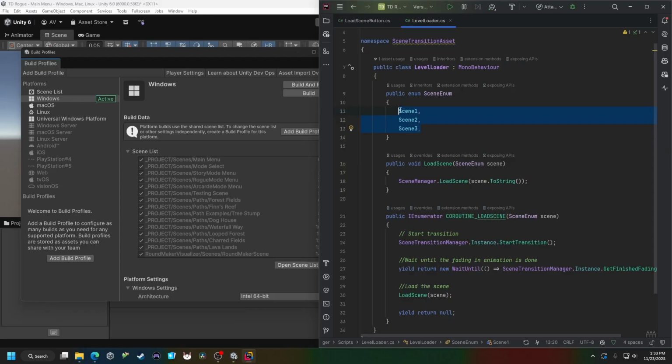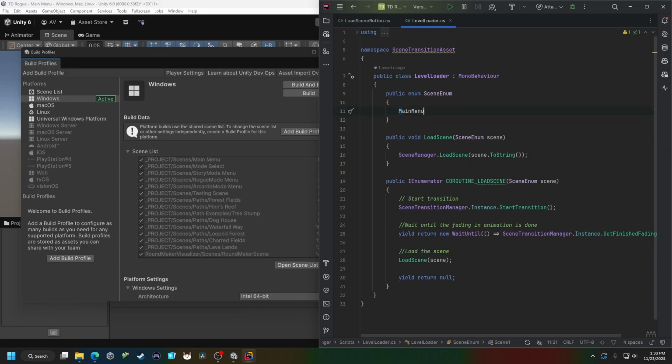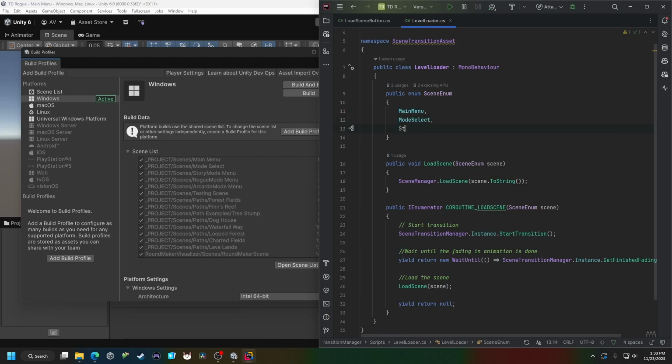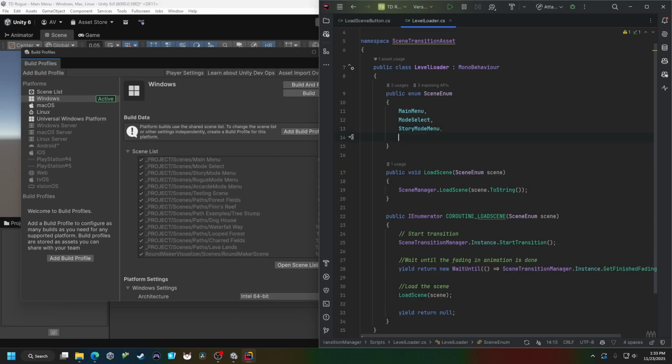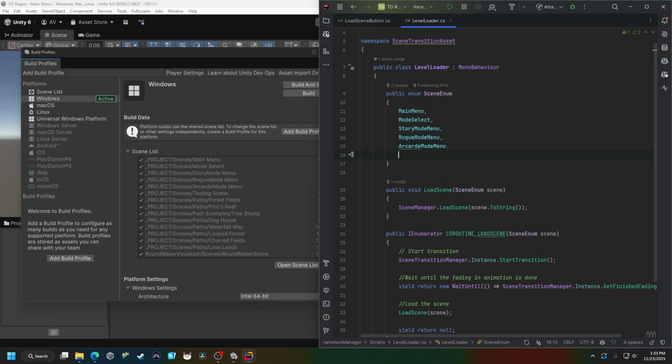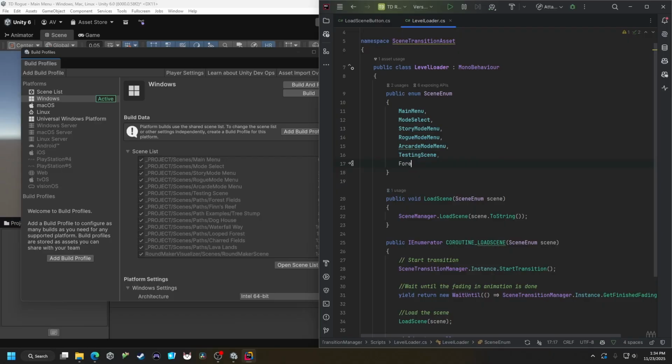Okay, so let's get rid of these scenes. So main menu, mode select, story mode menu, rogue mode menu, arcade mode menu, testing scene, don't remember what that is. Forest fields,